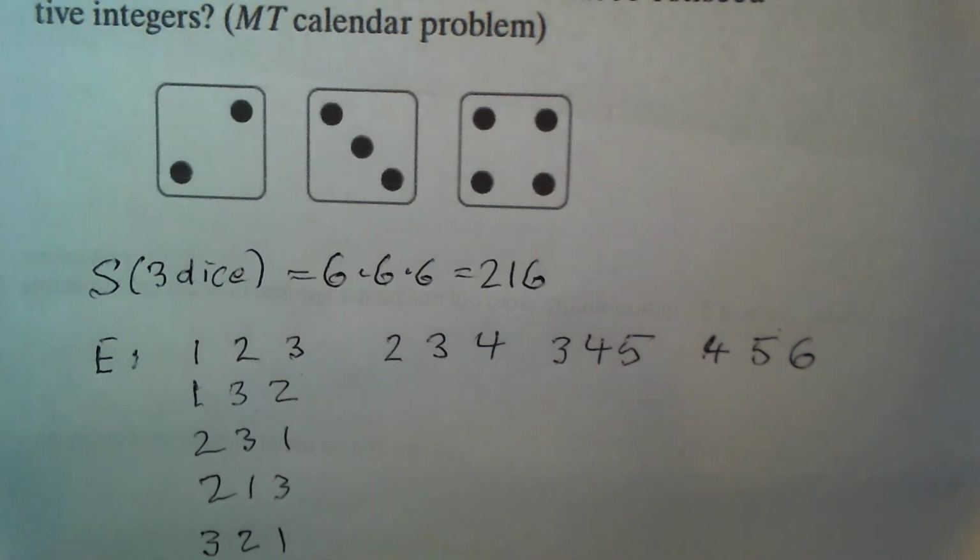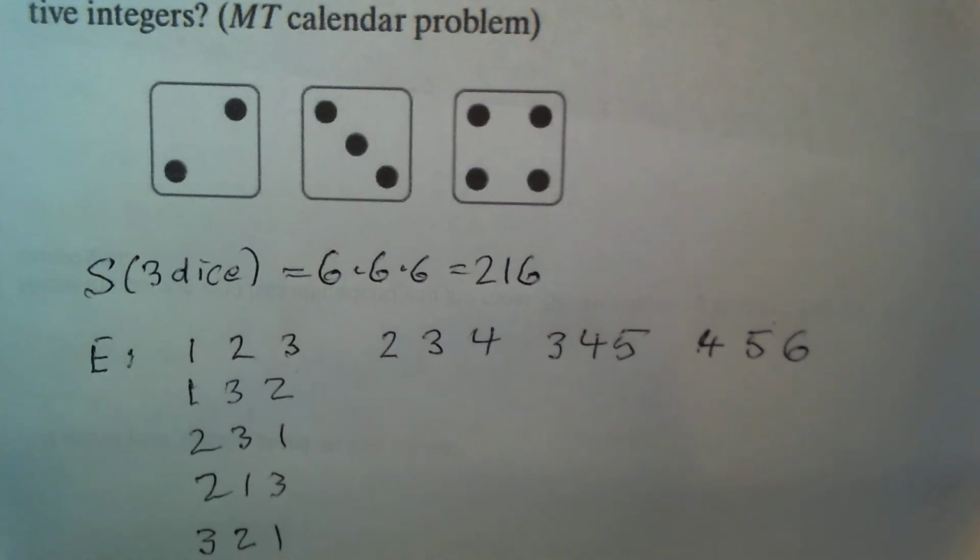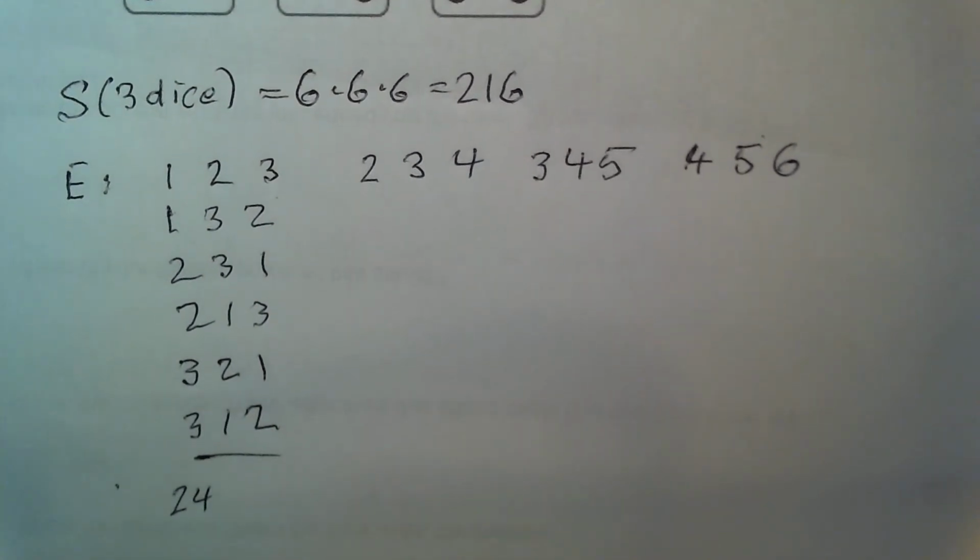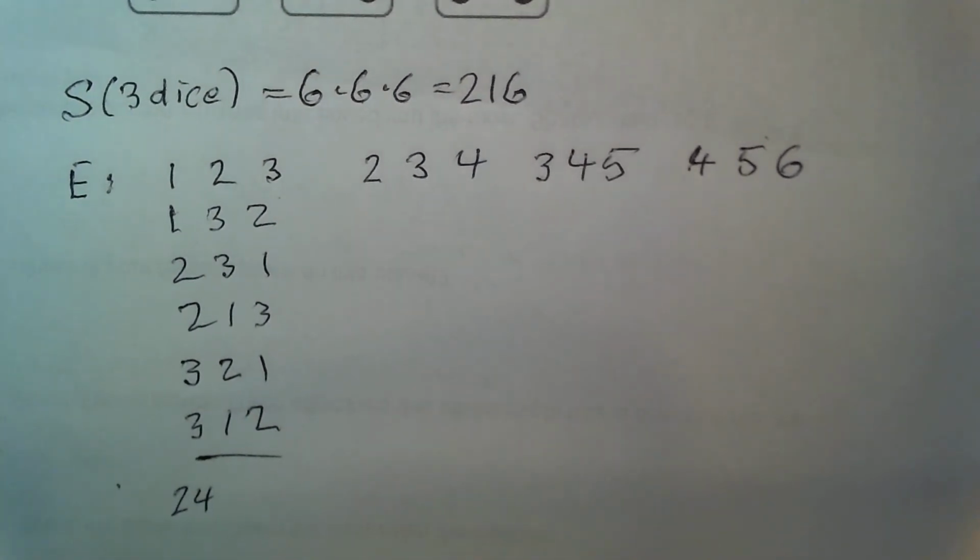There's 6 ways to arrange 3 numbers. So in other words, there are 24 ways that this can happen. 24. So then our probability for the desired event of 3 consecutive integers